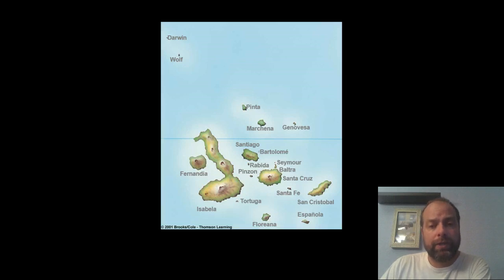What Charles Darwin noticed was that on each one of these islands, there was a slightly different finch, which is a type of bird. We'll study that more later on in class. And this finch had a slightly different beak depending on what island it was from. If it was on a certain island, it would have a large beak, very thick, very large for cracking seeds and nuts. If it was on this island, let's say, it might have had a very small beak to pick insects out of cracks and crevices. So depending on the island, the bird's beak changed depending on the food source or the environment.